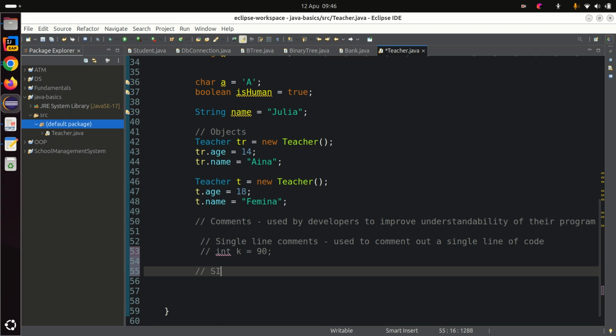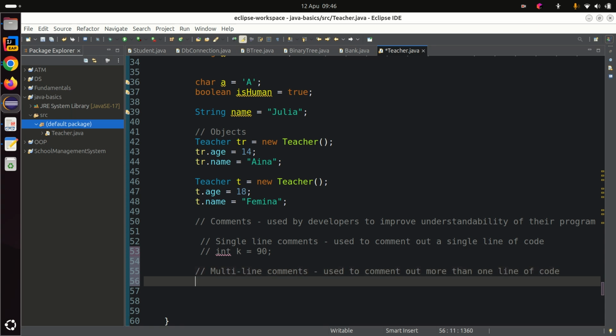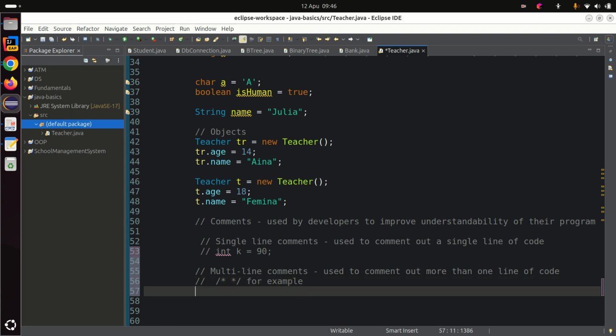Okay, next we have what we call multi-line comments. Okay, so multi-line comments, these are used to comment out more than one line of code, and we use which syntax? The syntax we use is this, then you put your comments here. For example, okay,